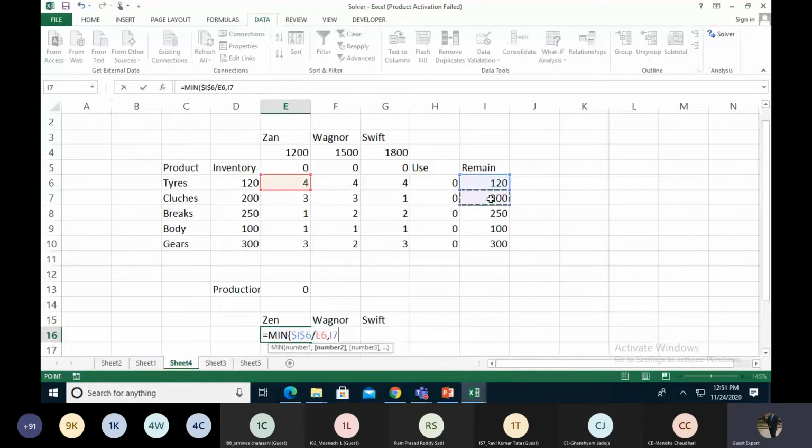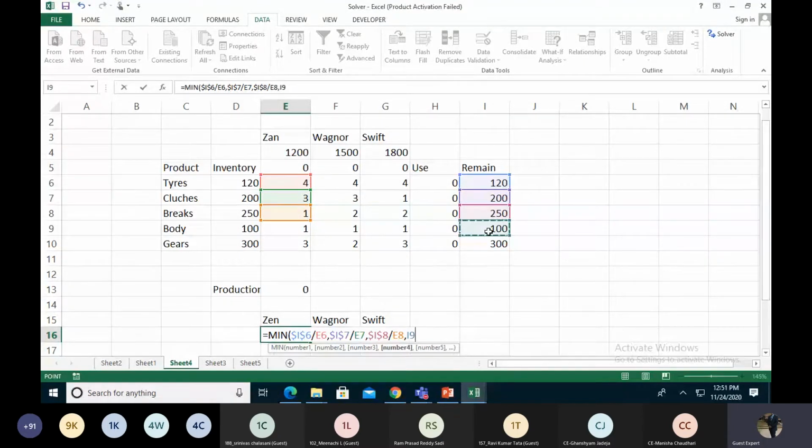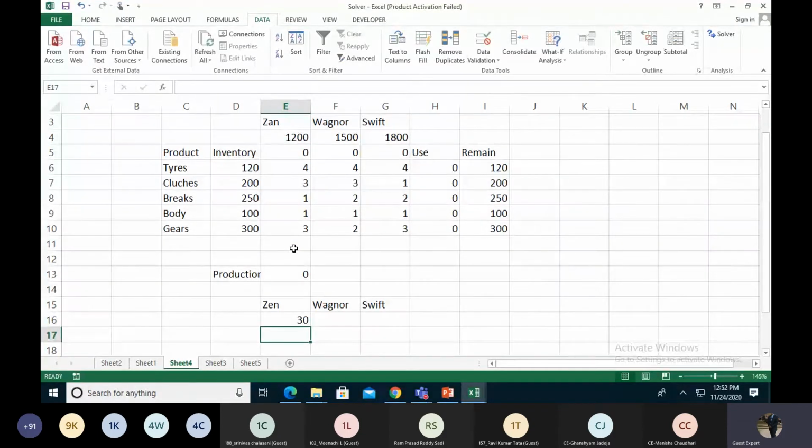Then we take 200 as a constant, divided by 3, comma. 250 as a constant, divided by 1, comma. 100 as a constant, divided by 1, comma. 300 as a constant, divided by 3. Maximum we can make Zen is 30.